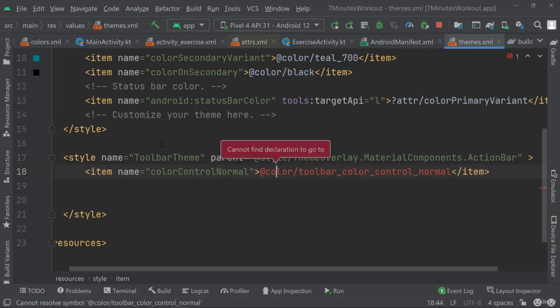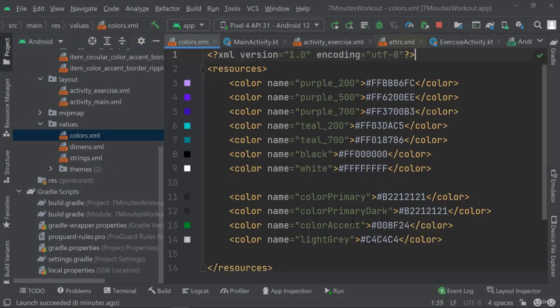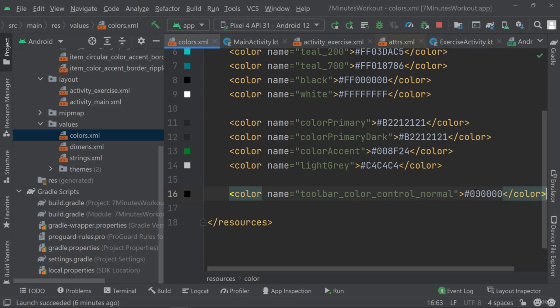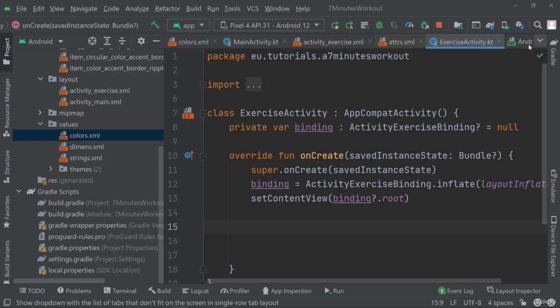And this color accordingly doesn't exist. So let's go over to our colors and let's create this color, which would just be a black color. So you can move over to your colors XML file, and you can just create this color here. Even though, of course, at this point you could have used the black color as well. But just to show you how this works, right? So you create a new color here that you want to use, and you could replace that anytime, because we're not going to just use black here, but we're going to use this toolbar color normal, and you can just use this to change it to whatever you like here, and this will then be the color that will be used for your